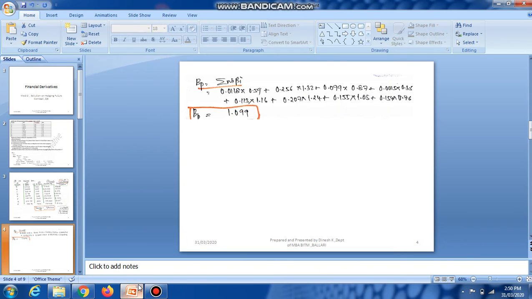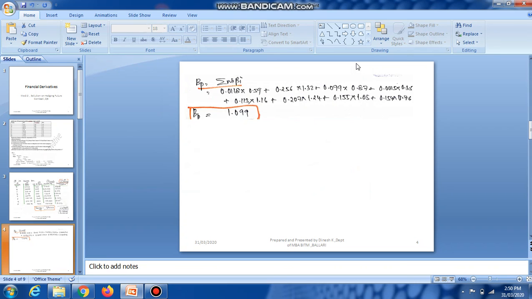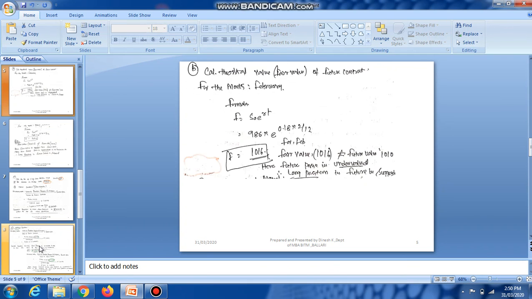Sub question B is with respect to sub question A, calculating the portfolio beta. So by substituting the values here, beta P is equal to the summation of Wi into beta i, and we get beta P equals 1.099. This is the portfolio beta, the solution for the first sub question A. Coming to the solution for the sub question B here,